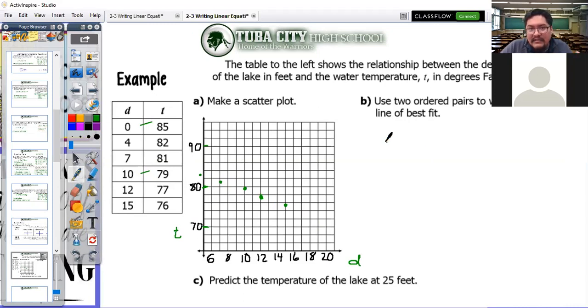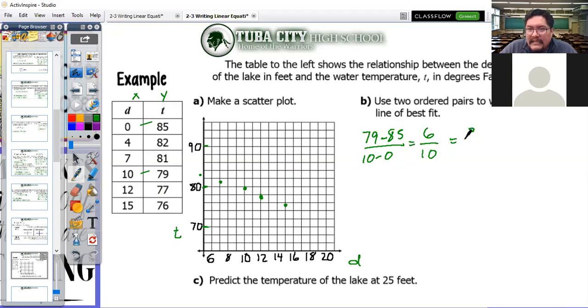Okay, so we're going to use the same thing we did earlier. We have an ordered pair here and an ordered pair down here. So we can treat this like it's a Y and treat this like it's an X. So 79 minus 85. And then over here, I'd have 10 minus 0, because again, I'm looking at the X. So X2 minus X1. 79 minus 85, that would be 6. Bottom number would be 10. So this means that it would be,